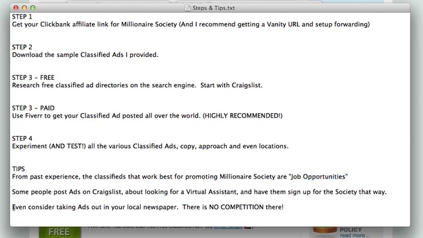And most importantly, the very last tip that I have on here is even consider taking out ads in your local newspaper. The reason for that is, just demographically, if you think about the people that still read the physical newspaper, many of them tend to be the older generation. The younger generation likes to read all their news online. The older generation likes to still actually get the paper and read it. So if you actually take an ad out, put it in that paper for job opportunities, and if we go back and look, let me minimize some